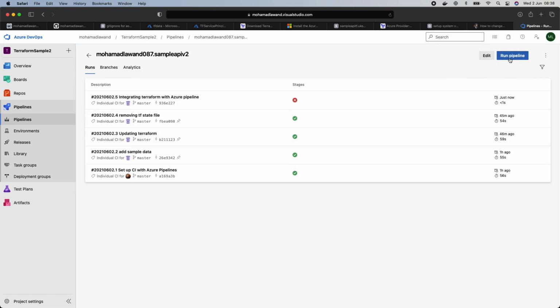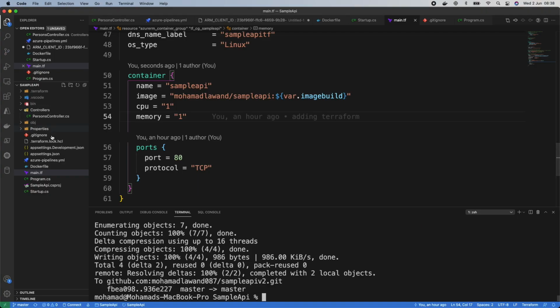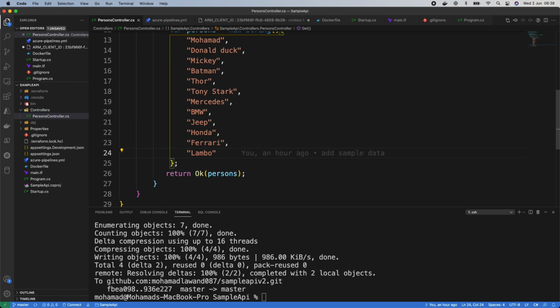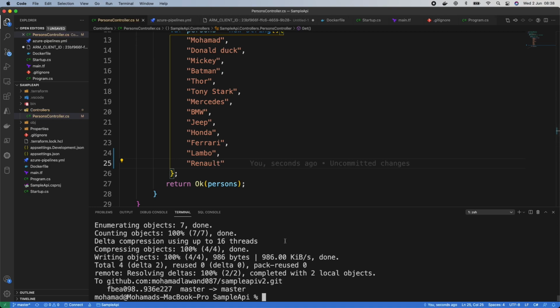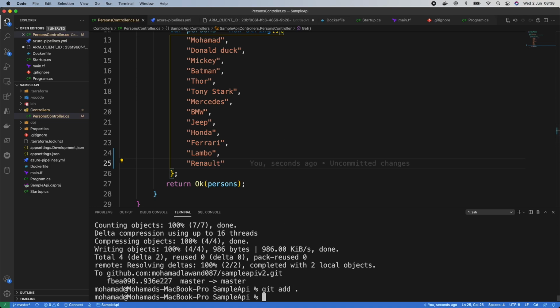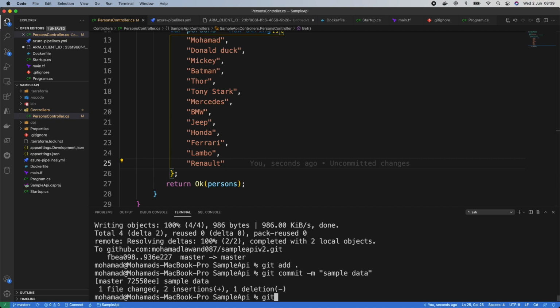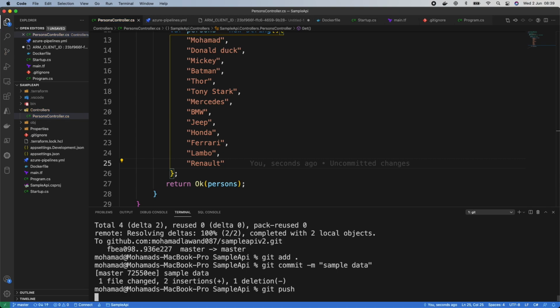and what we can do is let's add any minor change and try to see it one more time. So let's go here and let's add another one which is called, for example, Renault. Okay, save and git add, git commit, git push. I call it sample data, and let's push this, git push, put the password now,